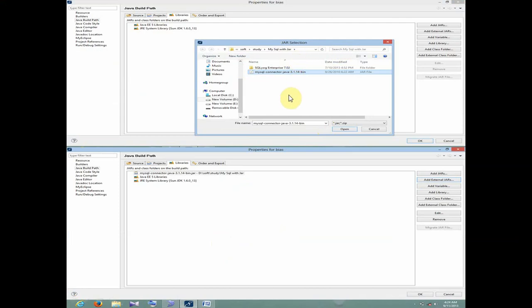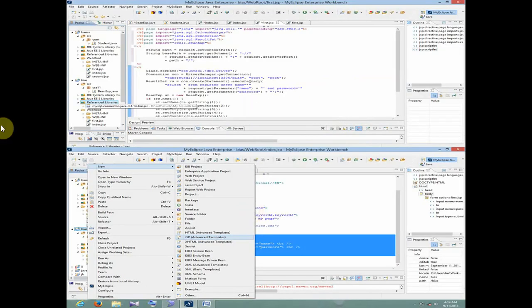We will move on to jar selection, and inside this we will select the MySQL connection Java 3.1.14.bin, and when we select this it will be added to libraries. So we will have this library added here, and you can see here that in the reference library it will be displayed over here also.